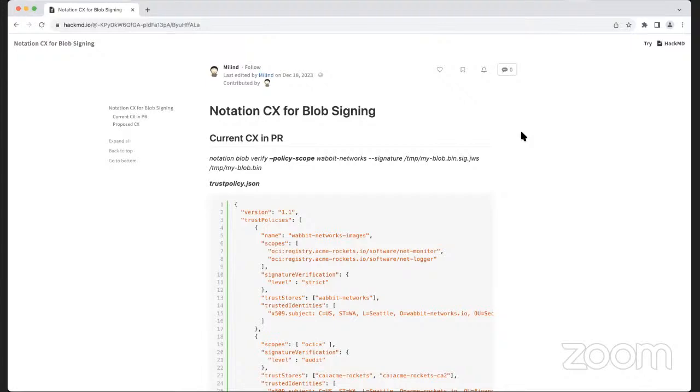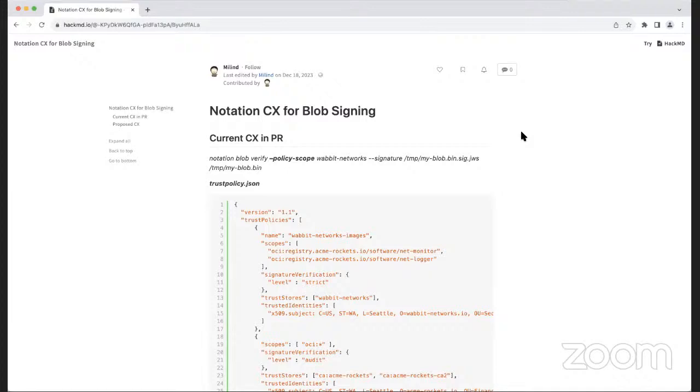I think it can be simplified a bit more, and I'm putting some options on the table and looking for feedback from this group. What do you think about the current experience in the PR and the proposed experience? I'll say where I'm coming from here.